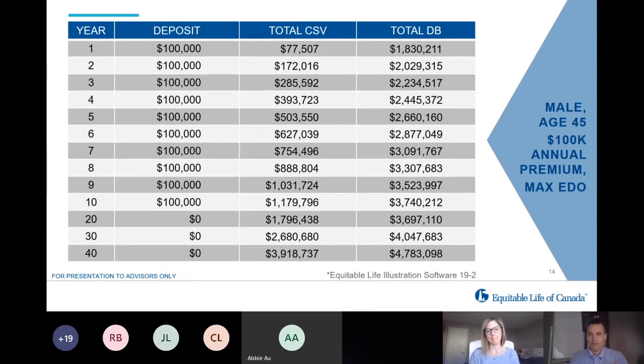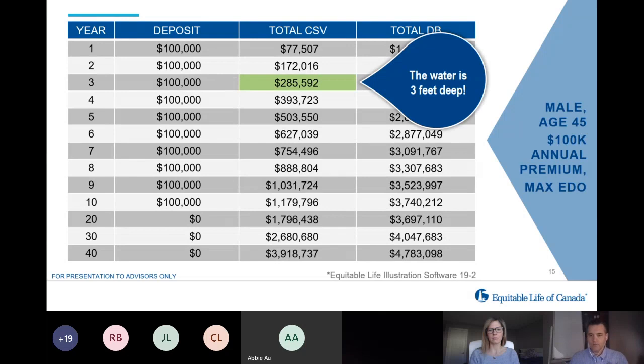I'm much more methodical in getting down to what we need. But if somebody wanted to kick the tires on our product and see why they should consider it, I'd probably use something like this. So I've got a male, 45, with $100K that we're reallocating from his corporate retained earnings. And he wants to know, what do I get out of that? So if I take a look at this product, right off the bat,